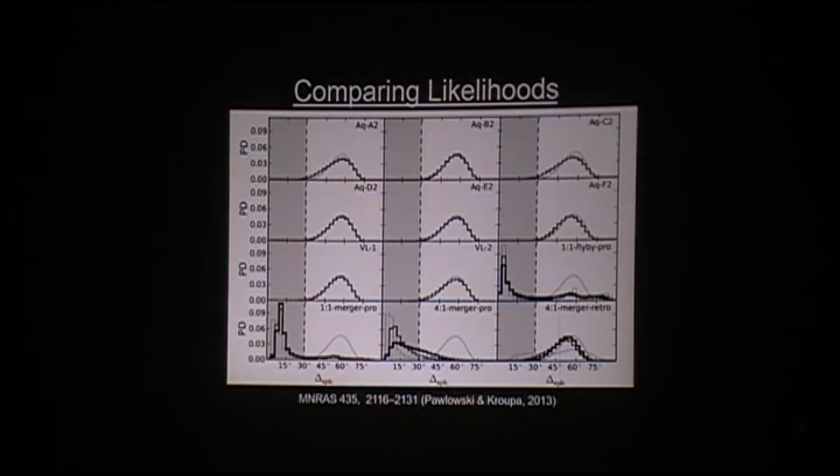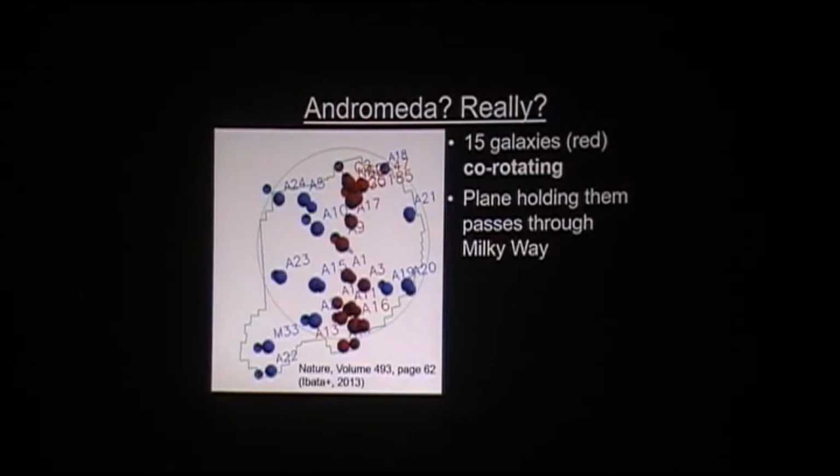So if we do focus on that model, what does that actually mean? The only real galaxy that could plausibly have been is the Andromeda galaxy, because there aren't any other large galaxies nearby. So if you look at Andromeda, what you see is very weird. You see 15 galaxies out of maybe 25 in a thin plane, co-rotating about that. And the Milky Way is within this plane as well. So this is quite weird. It's definitely not isotropic.